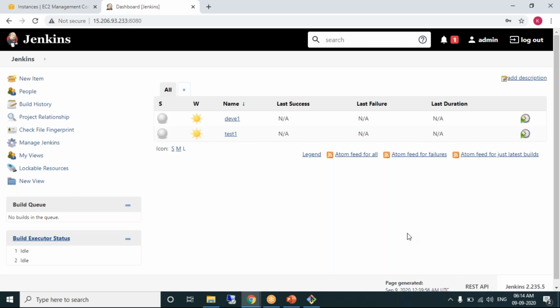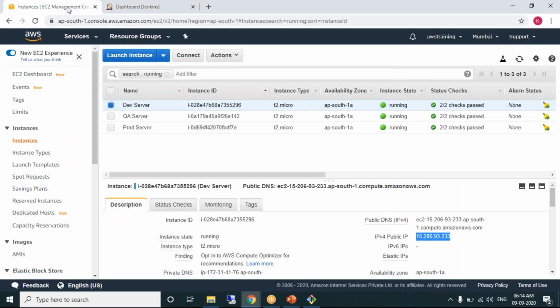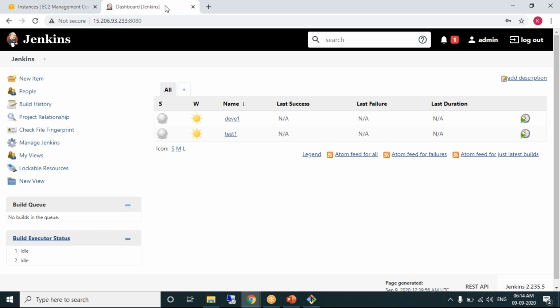Yes, Sunil. Instead of creating this master slave, we can also increase the size of the machine, like using auto scaling. You're right. You can also increase the size of the hardware, increasing the EC2 machine's RAM and CPU. That is a solution from the AWS point of view, isn't it? Then what is the solution provided from the Jenkins tool point of view?